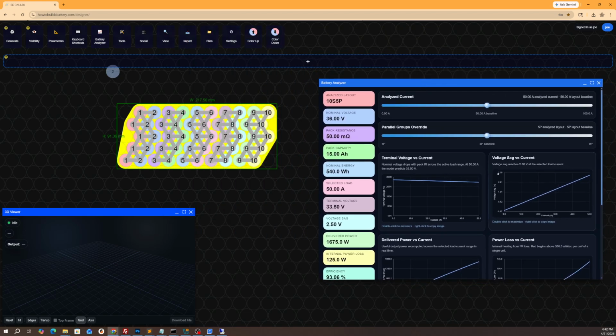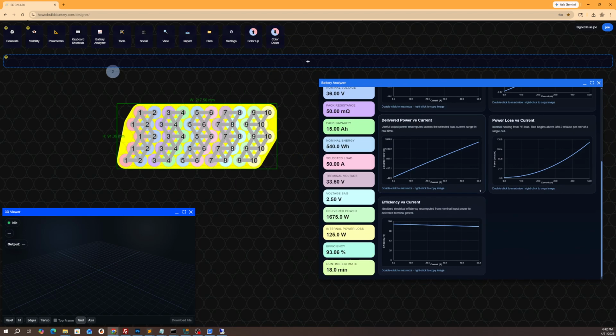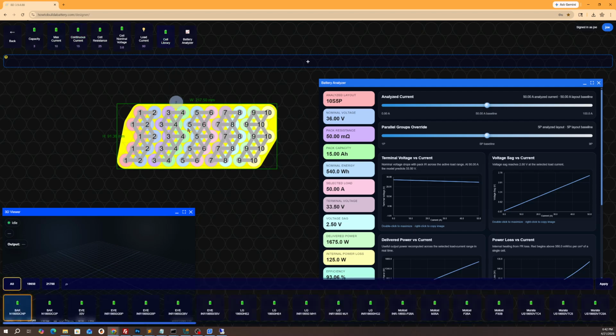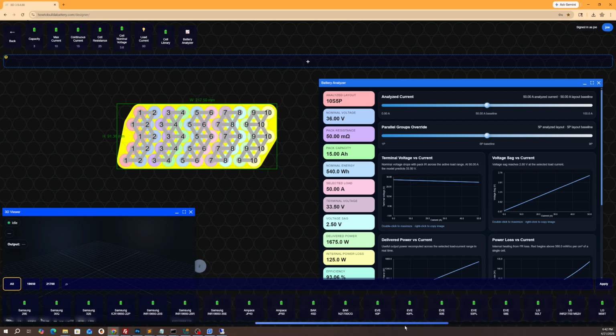Here we have it. This will project all the performance characteristics for your battery that you're building. As far as the resistance and the current and all of that, it gets that from parameters battery. You can manually punch these numbers in, or you can use the cell library. There's a full cell library now. This feature